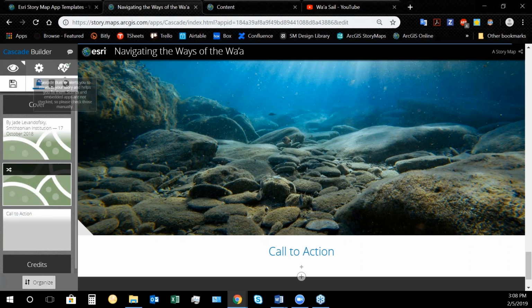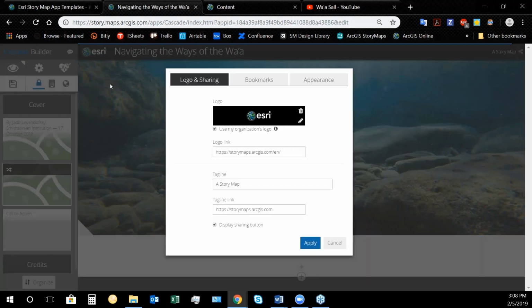Up here at the top, I also have a number of global settings that I have access to. Under this cog icon here, I can change out the information to brand it to my organization, including the logo itself, where the logo links, a tagline that goes along in the top corner of the story, and if that tagline needs a link somewhere in particular.